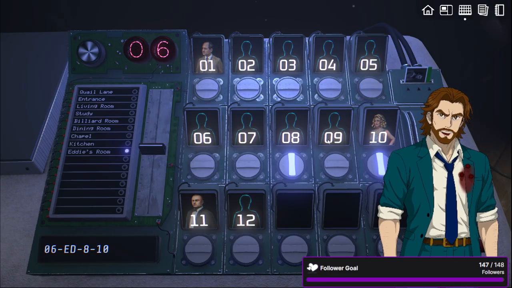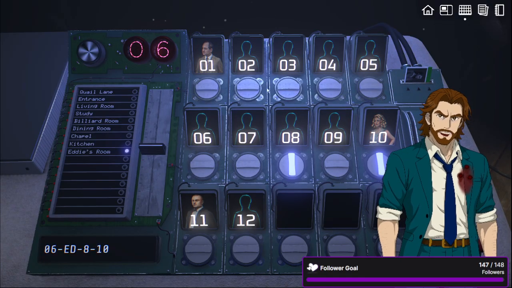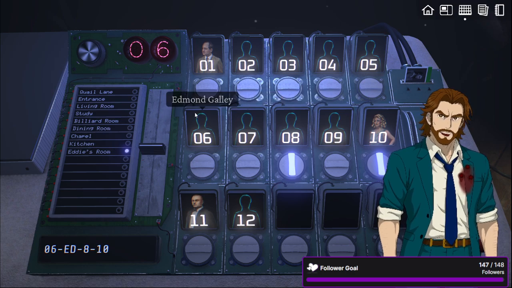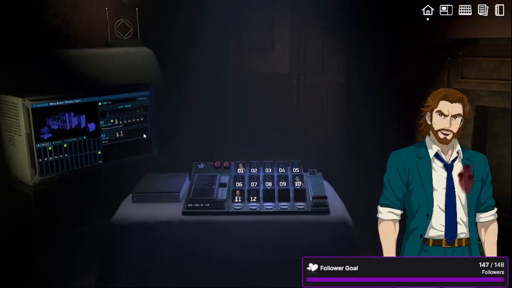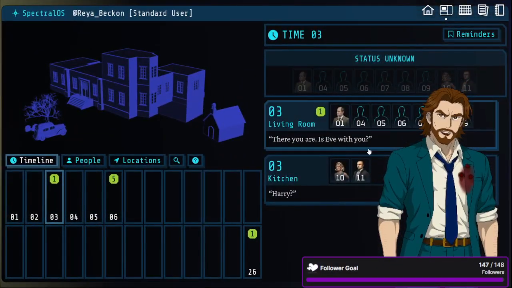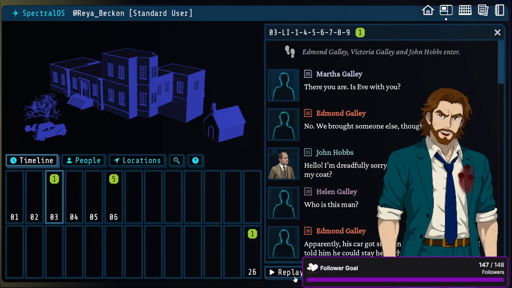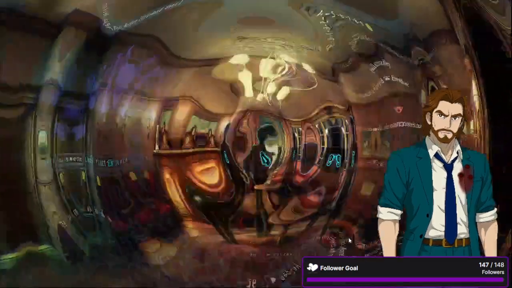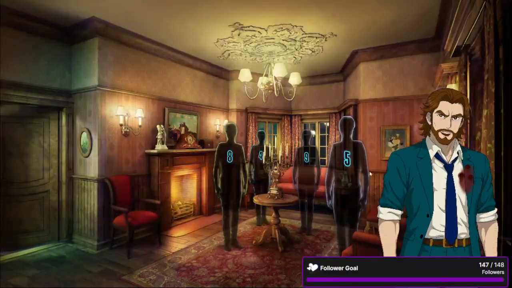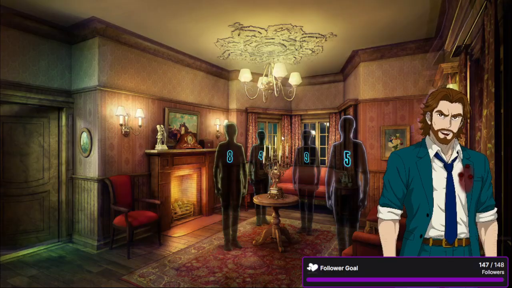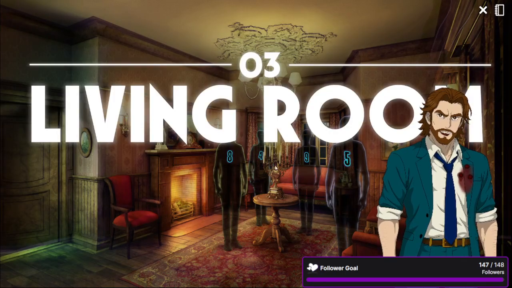And then if you get it right, it will unlock a memory, which is what we were just experiencing. And you hopefully will use that memory to get information. So for this memory, which was in the living room, if I replay this one, this is how all the characters we haven't identified look.